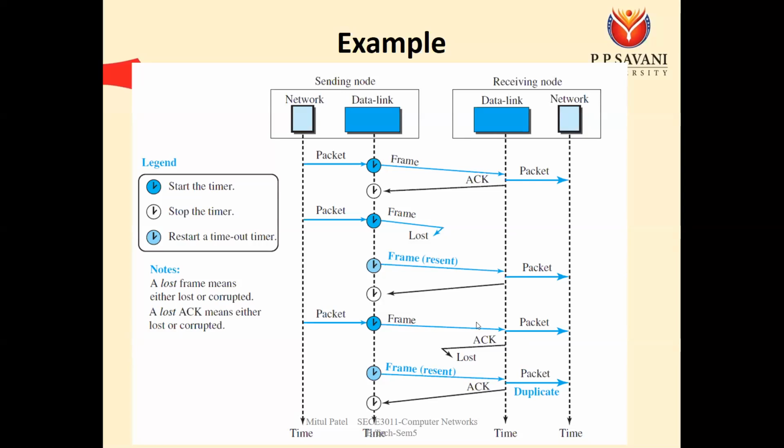Here the frame had already been received, but our acknowledgement was lost. Since the acknowledgement was lost, the sender assumed that the frame is corrupted or lost, but it is not. And the sender has retransmitted that frame again. The sender sent the frame again, so the receiver now has two copies, two copies of the same frame. So here there is a confusion at the receiving side. If there are two duplicate frames, then what does the receiver have to do?